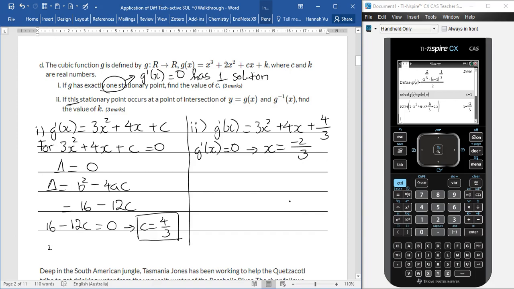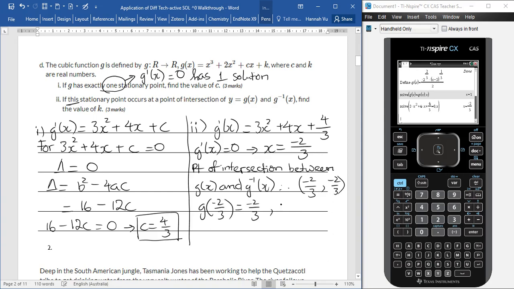Now, if x equals negative 2/3, and if this is the point of intersection between g and g inverse of x, then the y coordinate will also be negative 2/3. So (negative 2/3, negative 2/3) would be the coordinate of this point, which means that if you want to solve for k, you would have g of negative 2/3 equal to negative 2/3. And if I solve for k,